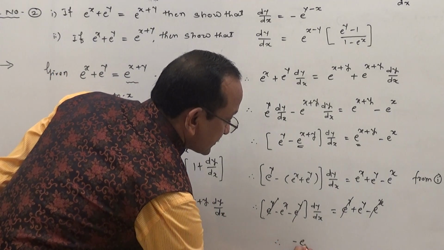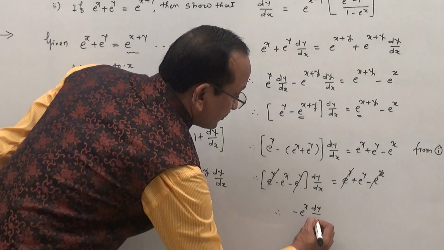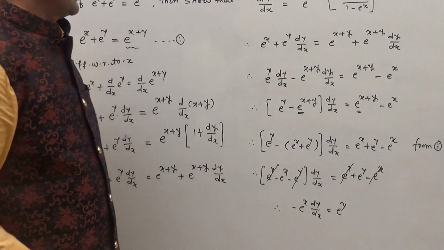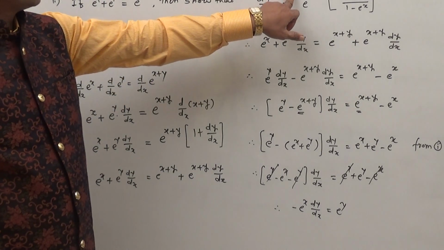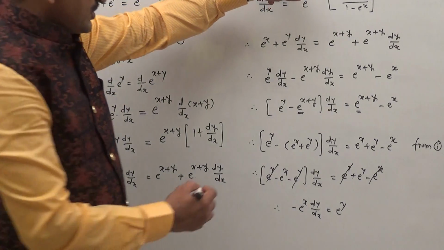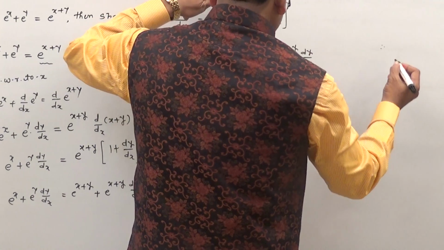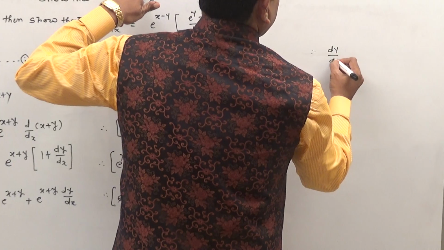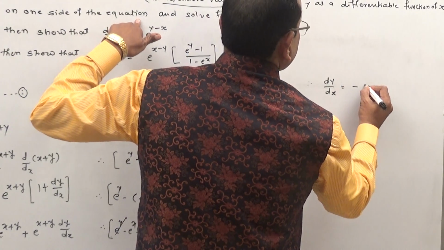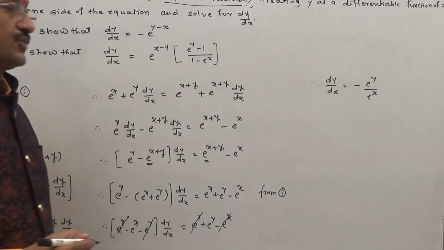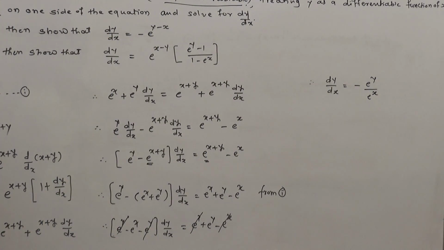So minus e raised to x dy by dx is equal to e raised to power y. Then what you have to show? Minus e raised to power y minus x. Therefore dy by dx is equal to minus e raised to power y upon e raised to power x, and then by the laws of indices